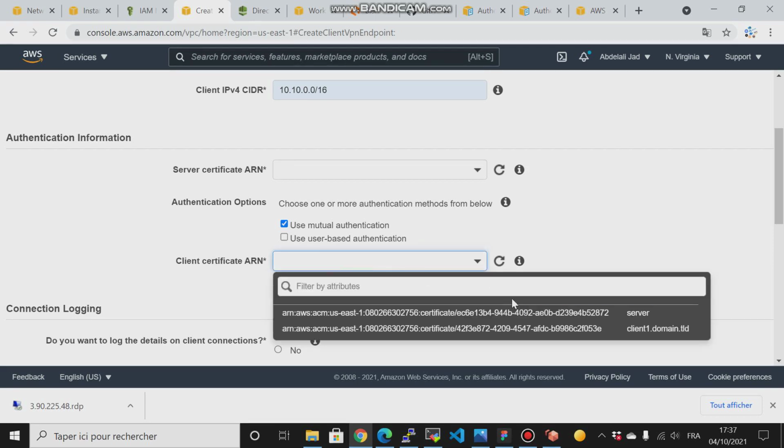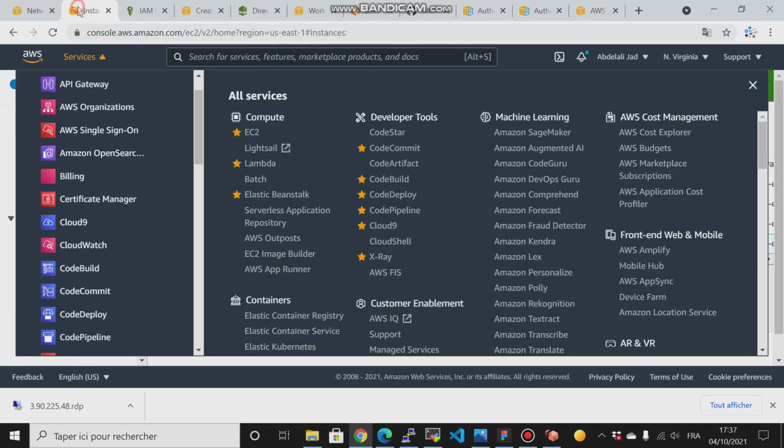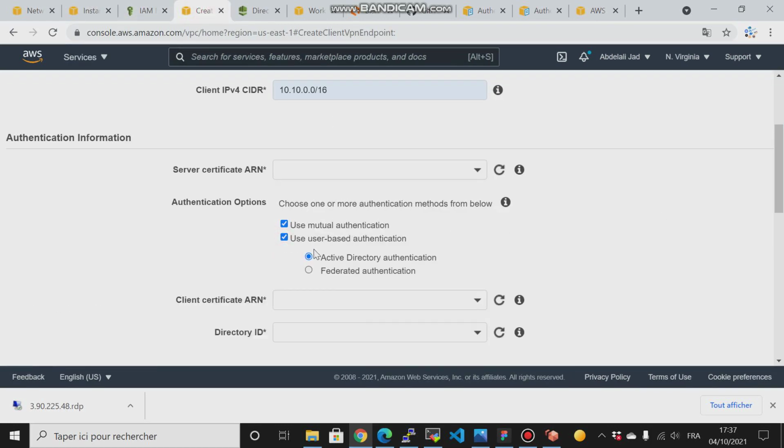You can scroll here, and these already exist because I created this certificate manager in the same region. That's why they appear there. And then, or you can use